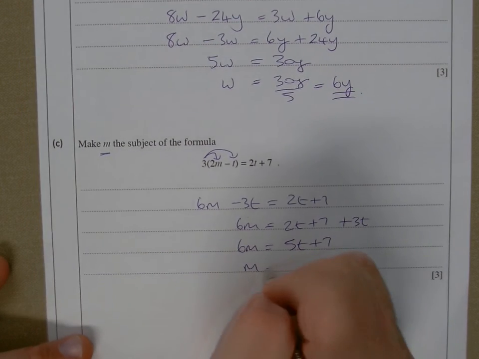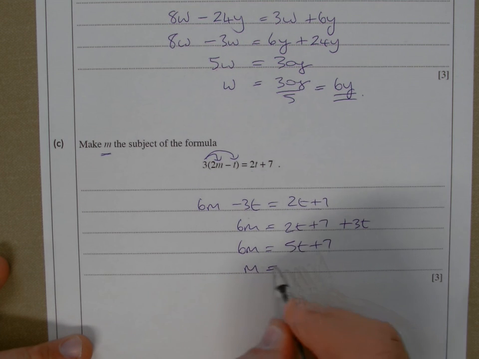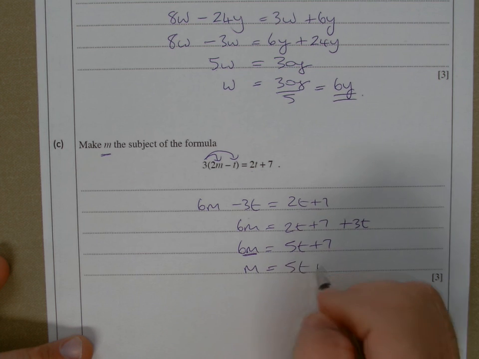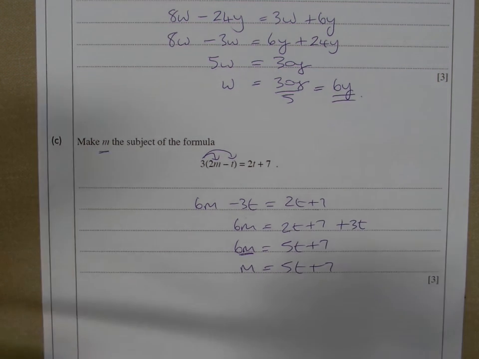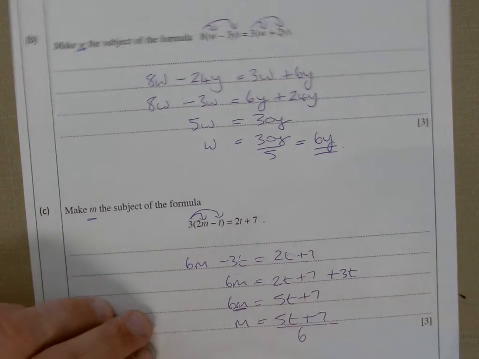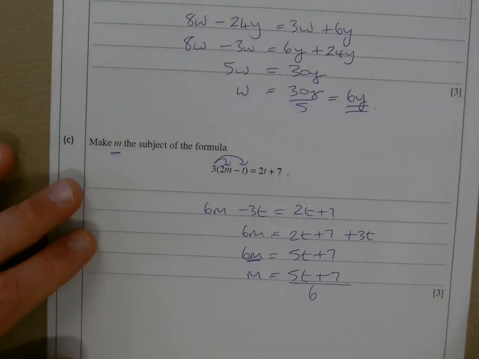And then to get m then, well, because it's 5t plus 7, but more importantly here, because I've got 6m, and that's 6 times m, when I take it over the other side, do the opposite and divide. So get rid of the 6 by taking it over, and we divide the whole thing by 6, and we've got our answer for m equals